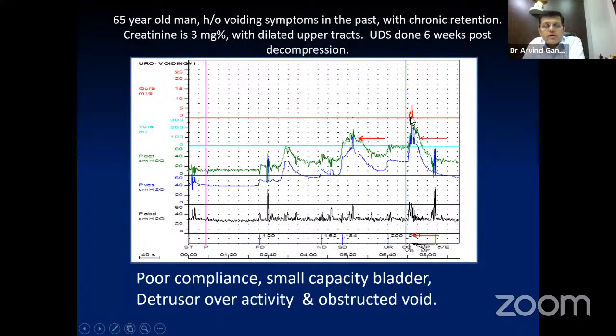So here, after seeing this particular picture, we can advise the patient that yes, he might require TURP, but one has to be very careful about his bladder because the bladder has already got affected because of the poor compliance. But if we relieve the outlet, then there is a chance that probably he might improve after surgery.